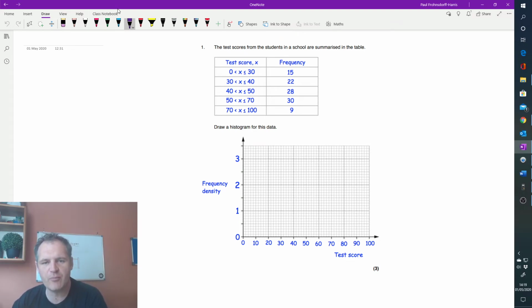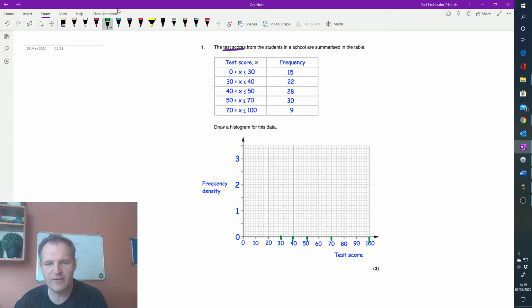We're starting from the beginning. The test scores from students in a school, doesn't tell us the number unfortunately, are summarised. We've got 0 to 30. Now this is a nice little trick you can do. 0 to 30, put a little notch at 30. 30 to 40, 40 to 50, 50 to 70. This will tell you where your bars are going to be. So just to get yourself organised,